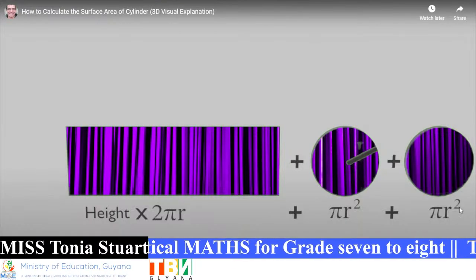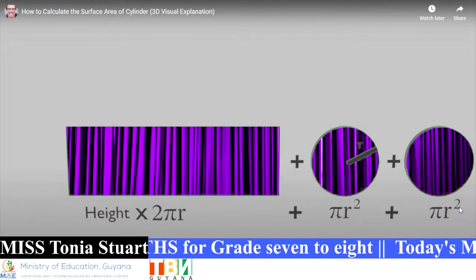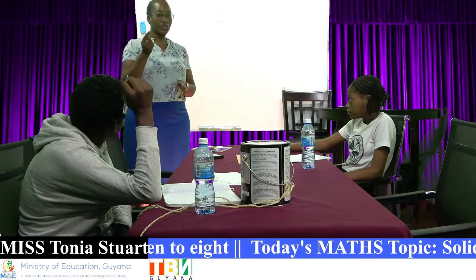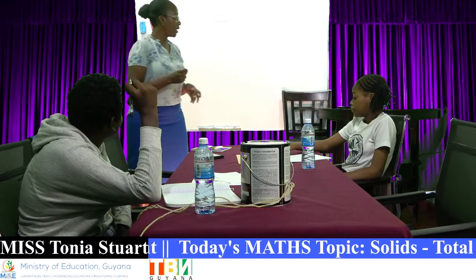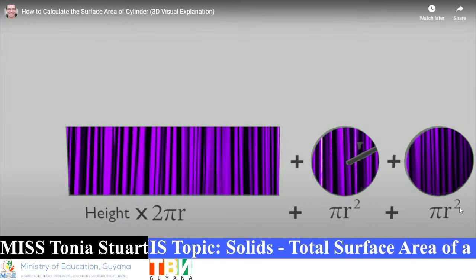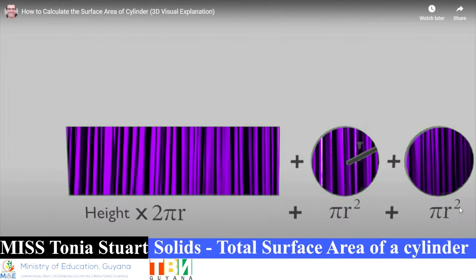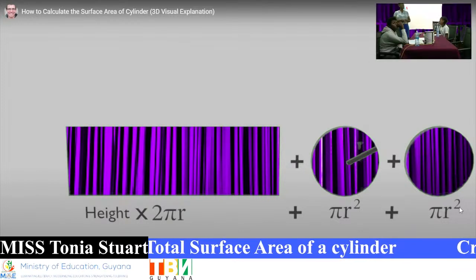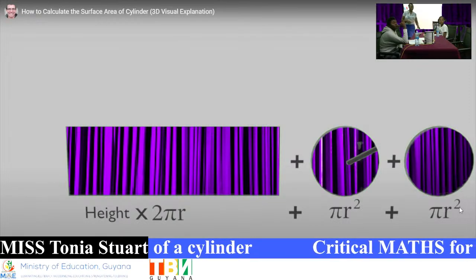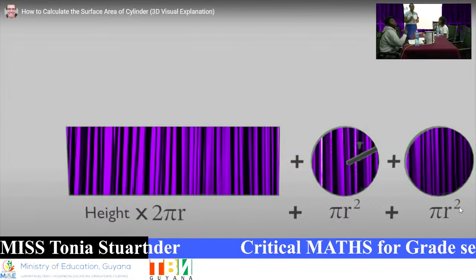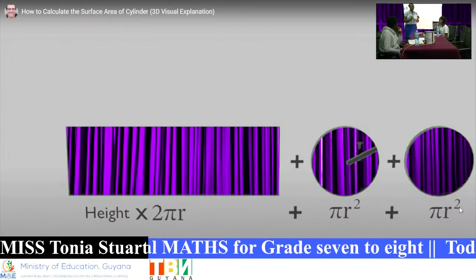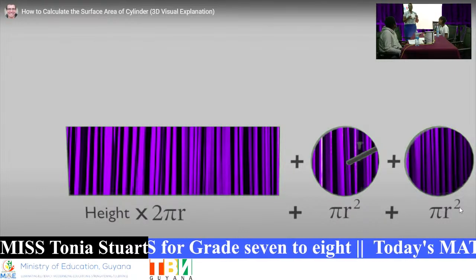Okay, so let's look at there. Did you recognize how we came up with the rectangle? Yes. And the two circles? Yes. All right, let's look back at the screen where you have a circle, we have the radius, right? And we have two circles, so we need to account for both circles, the top and the bottom of the cylinder, when we are finding the total surface area. So we have the two circles, the top and the bottom, and we have the rectangular part,